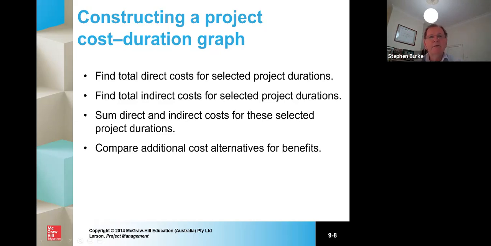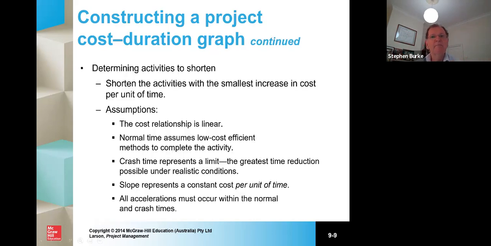The main thing to remember is it involves detailed analysis of your costs, your activities, your durations, and your work breakdown packages, which sort of builds on everything we've covered so far in this course. So then you need to determine which activities you can shorten. So what you look for are those activities that give you the lowest increase in cost per unit of shortening. And a unit of time might be a week, a month, you know, let's assume it's a day, and you